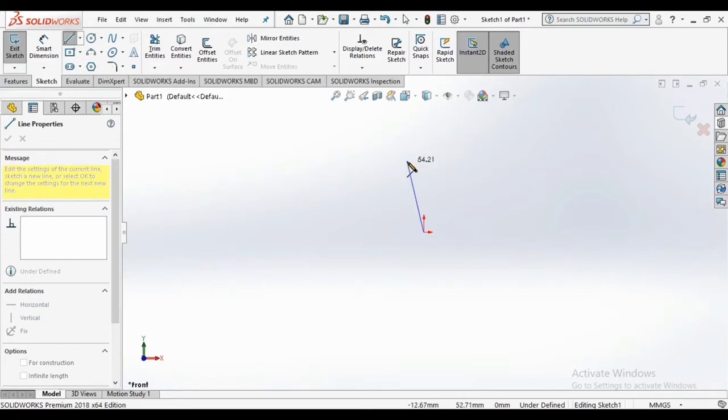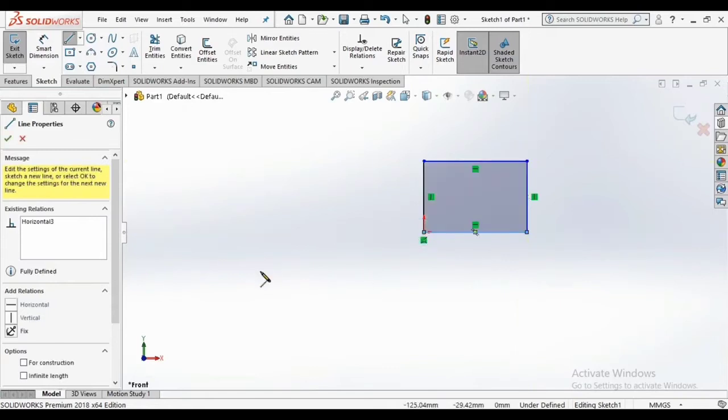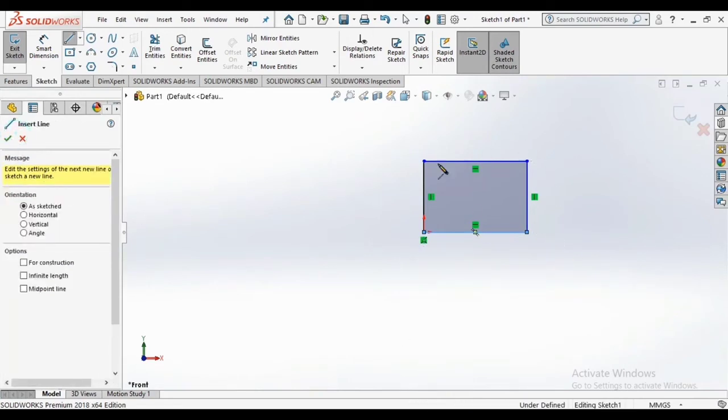when the line is at an angle, there is no yellow sign coming just beside the line. But when it's normal, a yellow sign just arises beside the line, showing that it's normal. So we have to click OK, then horizontal, then again vertical, then OK. So this is our rectangle or square, whatever you call it. So click on OK.